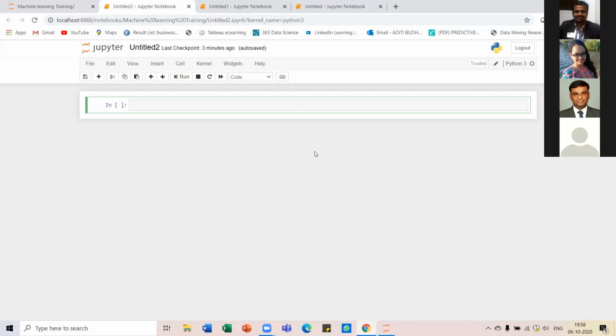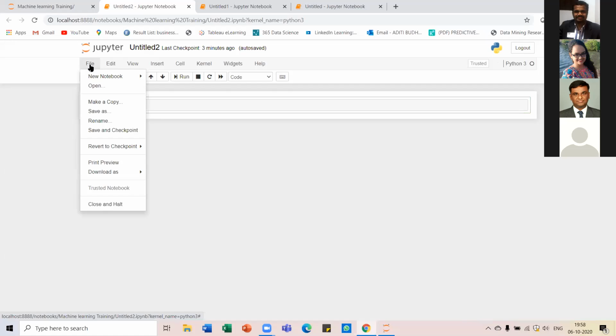Okay. So again, you can rename this file. Let's explore this file tab. Here you can see that there are many options, and you can rename your file using this option.